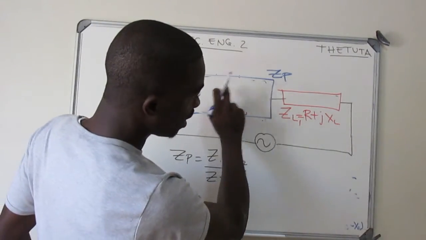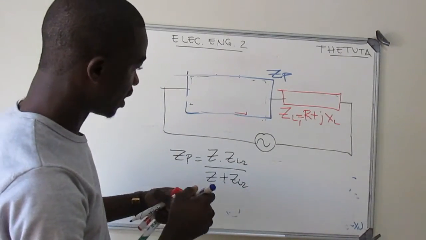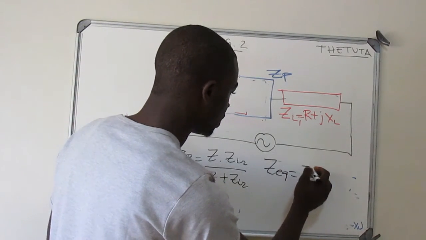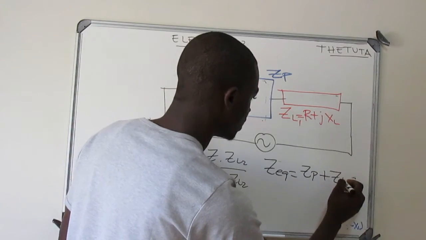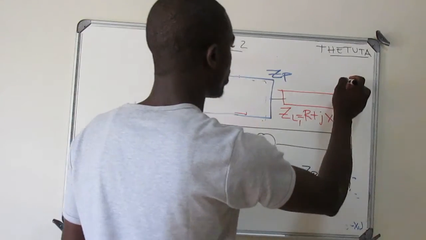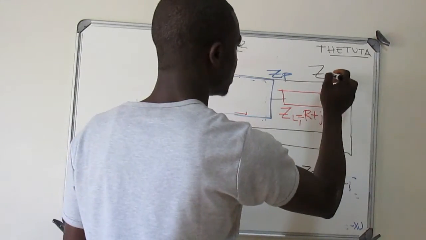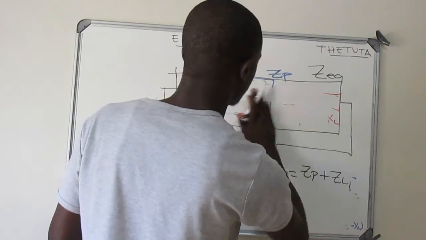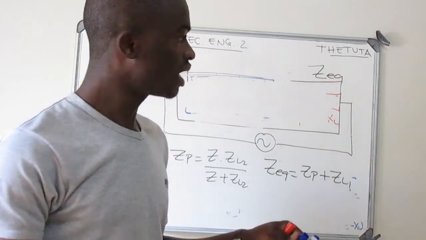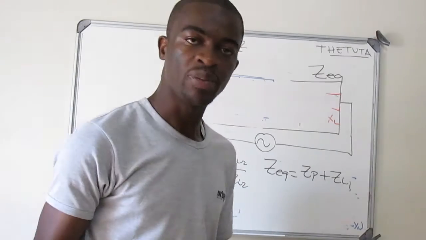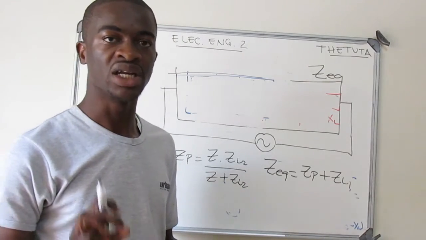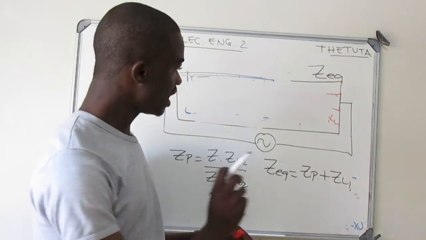But this Z parallel is also in series with what? With that impedance, and therefore our Z equivalent of the circuit is going to be Z parallel plus our ZL1. Okay? And in the end, this will become one block, which we call our Z equivalent, and therefore everything disappears here. Can you see? So the concept is still the same as in Electrical One, but now we are dealing with them in the form of impedance. So what you need is to master how to deal with different types of combinations, how to get the impedance. But anything else is the same.